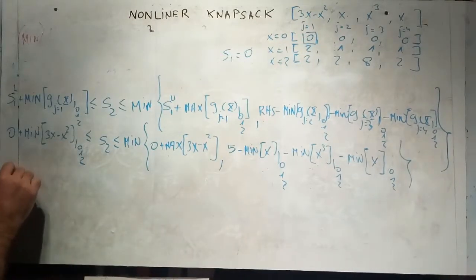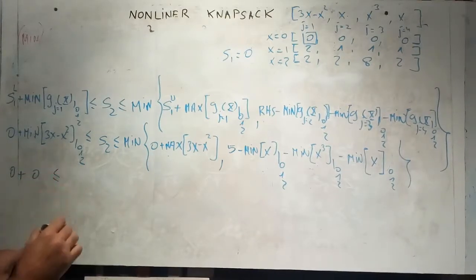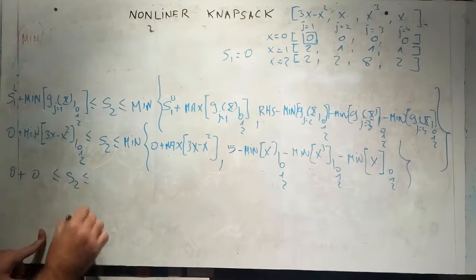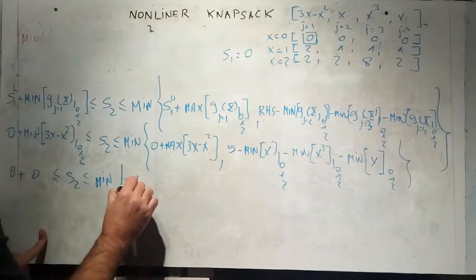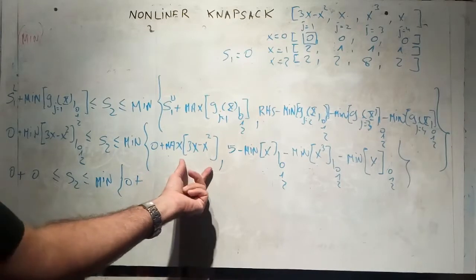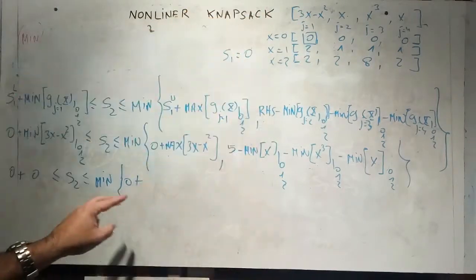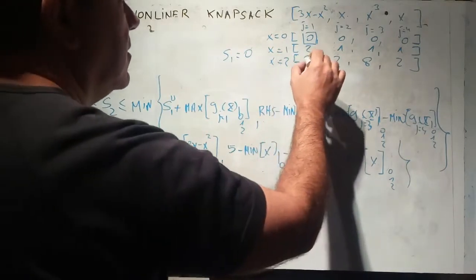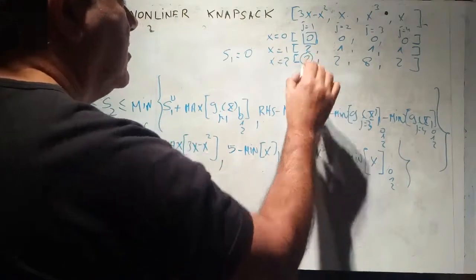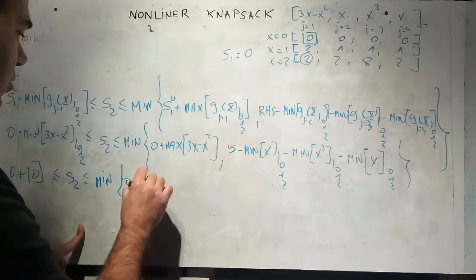So 0 plus 0 less or equal than S2, less or equal than the minimum of 0 plus the maximum value for j being 1 evaluated at 0, 1, 2. The maximum, there is a match, is 2, you will see. There is a match over here. So the maximum is 2,